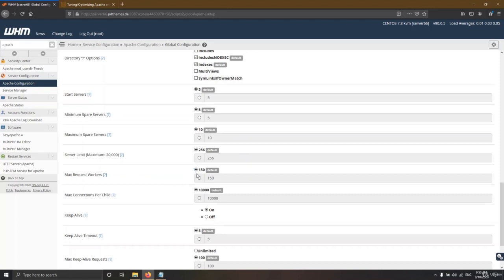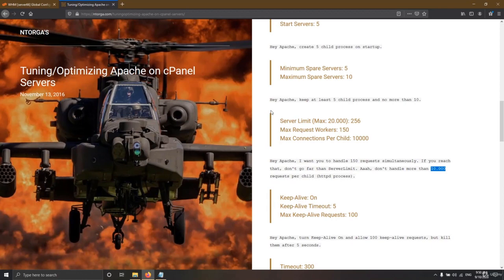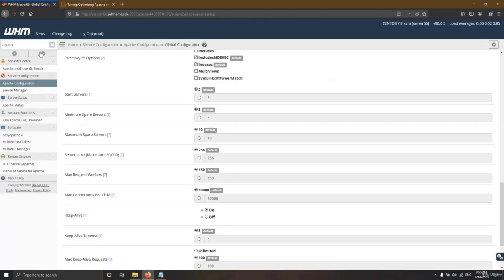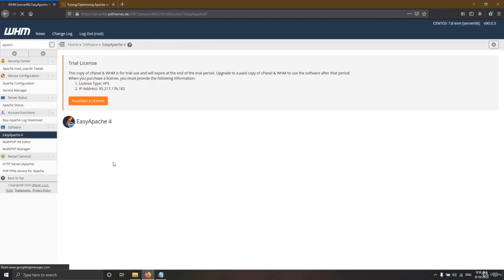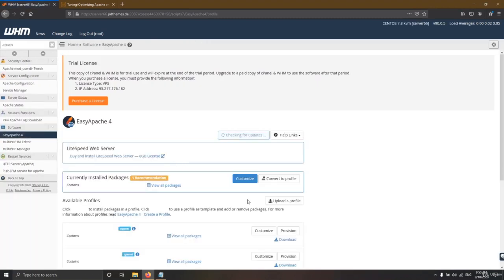When you use MPM prefork, of course. When you choose other MPM modules like event or ITK, these values are going to change and they are not going to be the same as here. But cPanel makes it good in the default configuration. For example, if you choose MPM event in your EasyApache, let me show you again. EasyApache, let it come, and in customize,